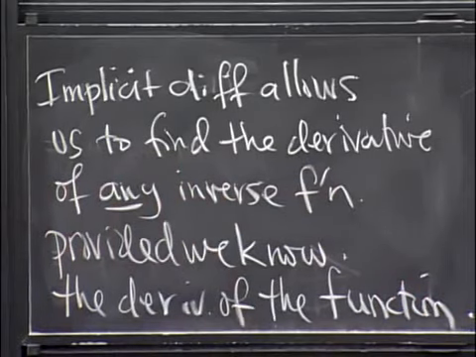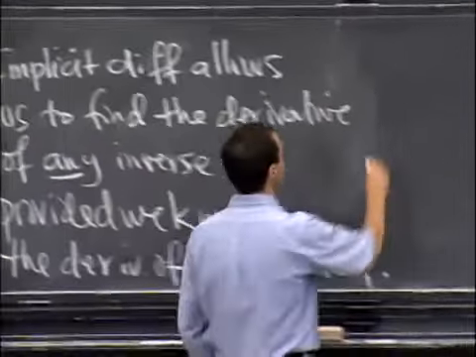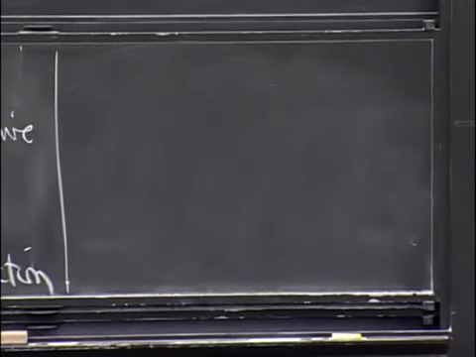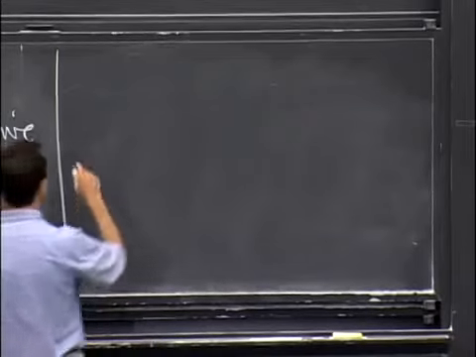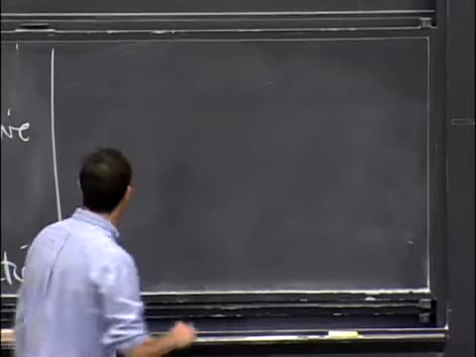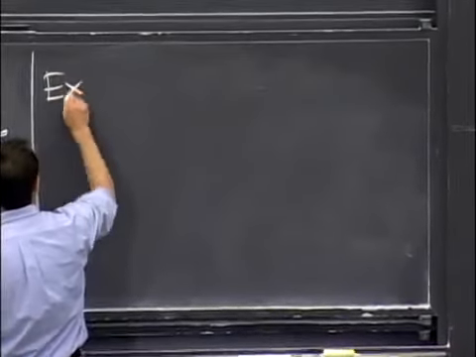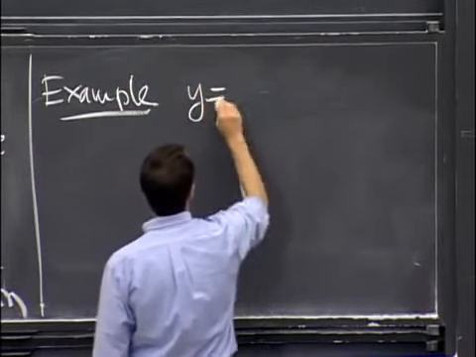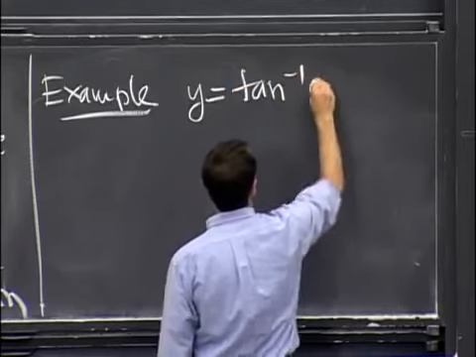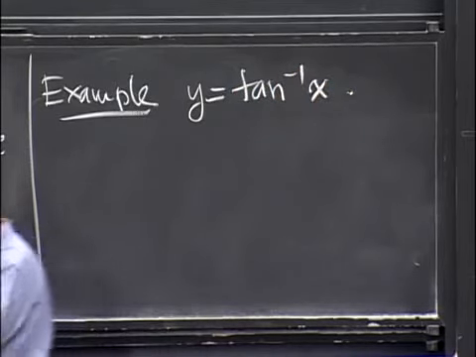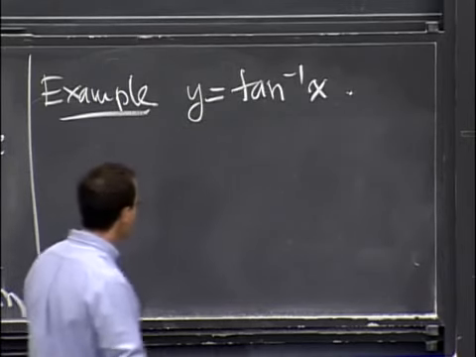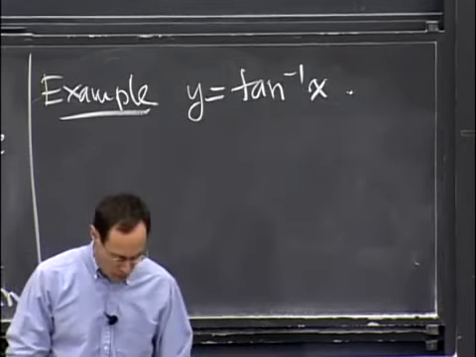All right? So let's do that for what is an example which is truly complicated and a little subtle here and has a very pretty answer. So we'll carry out an example here, which is the function y is equal to the inverse tangent. So again, for the inverse tangent,